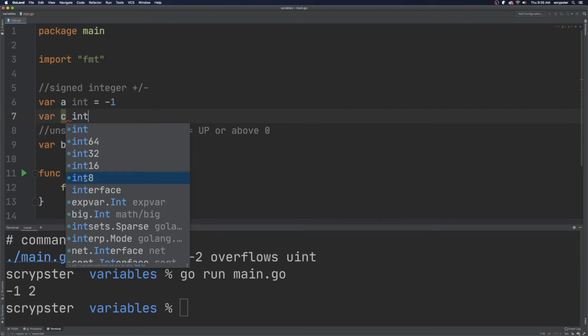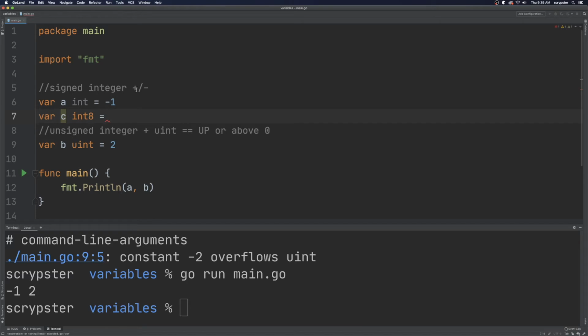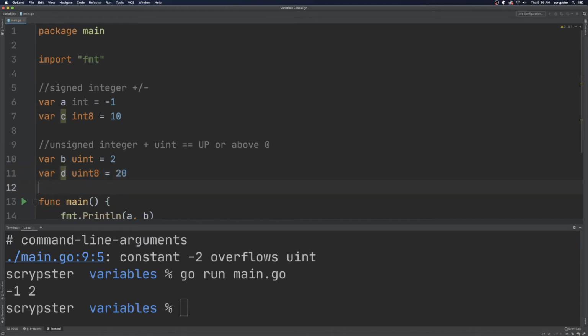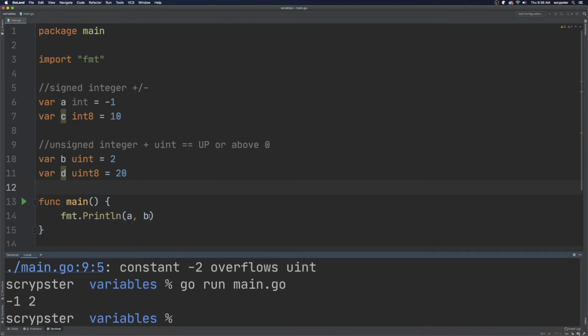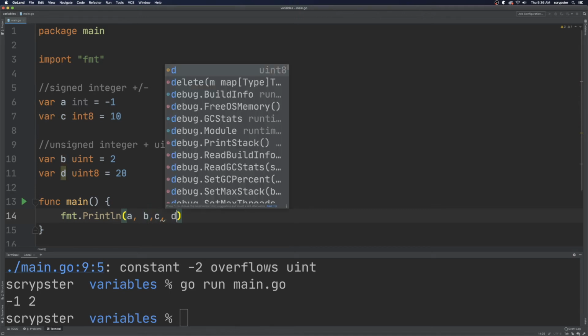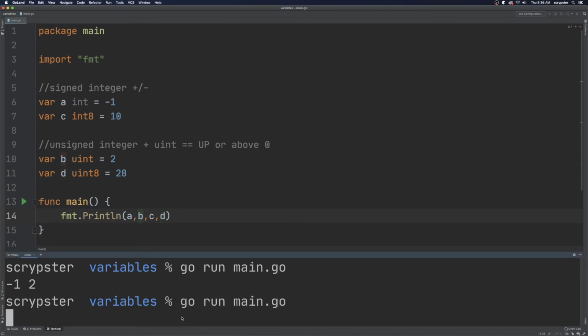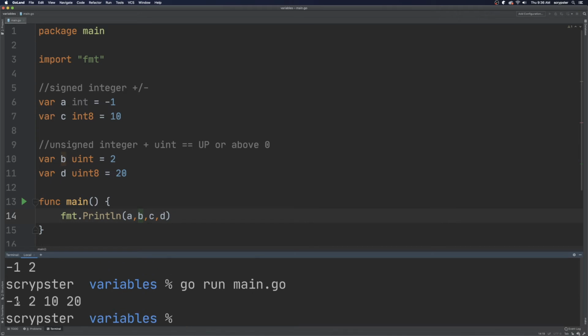I'm just going to click on this int 8 to do an example. And I'm going to set this int 8. We know that it can hold a positive or negative number. So let's just give it a value of 10. And we have the exact same uint 8. So let's go ahead and do var d, and we'll say uint 8. And we'll set this equal to, and it has to be above or equal to 0. So we'll set this to 20. All right. And let's print C and D. All right, so go run main.go. Now we printed our -1 for variable A, 2 for variable B, 10 for variable C, and then 20 for